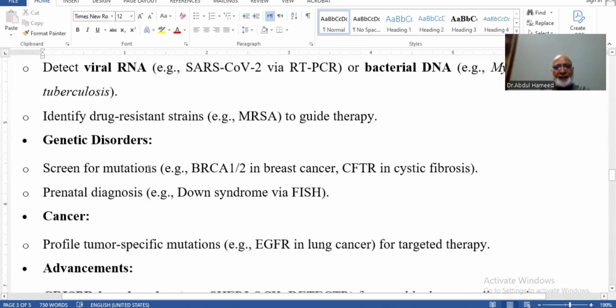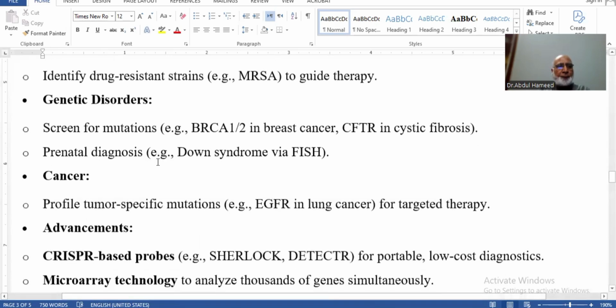So we can screen those mutations to see if that person has them or not. Prenatal diagnosis, for example Down syndrome via the FISH method, and cancer profiling of tumor-specific mutations for targeted